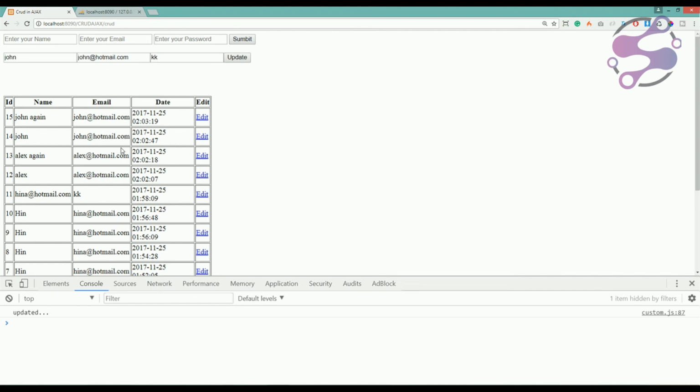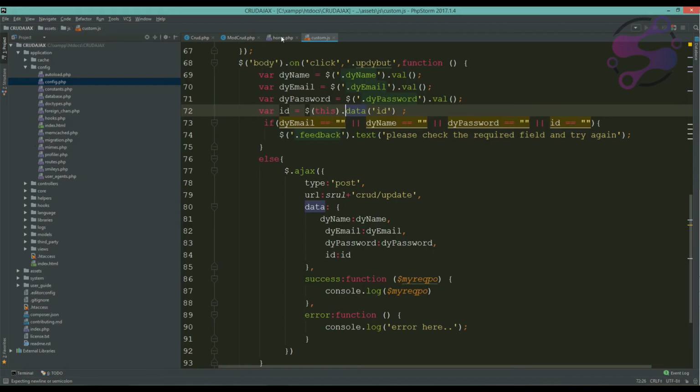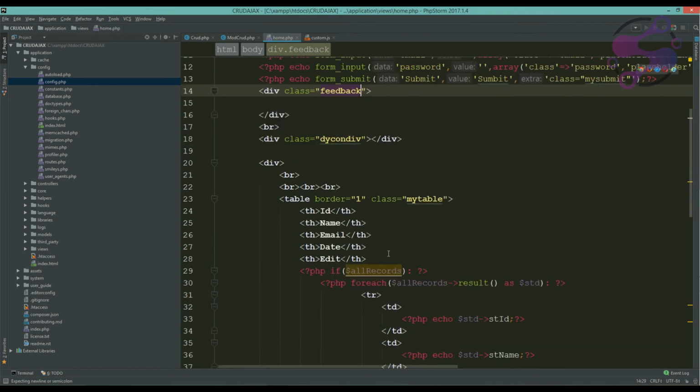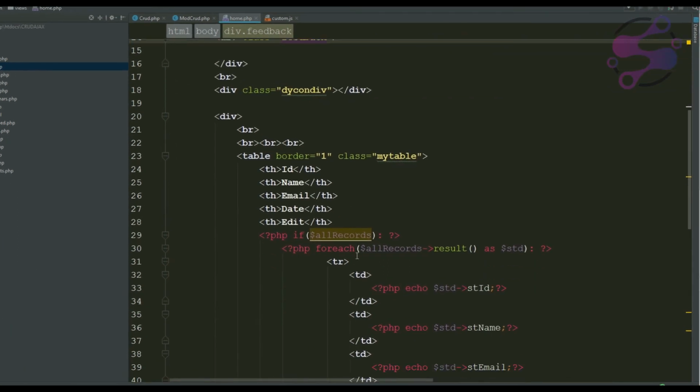using Ajax call. So whenever you have updated your section, so how can you update this field as well, or these fields as well? So how can you do that? Because you are updating John name, email and password. You are not showing the password here, but you are showing the name and the email and the id here. So how can you do that? I'm saying just go to your home controller and just